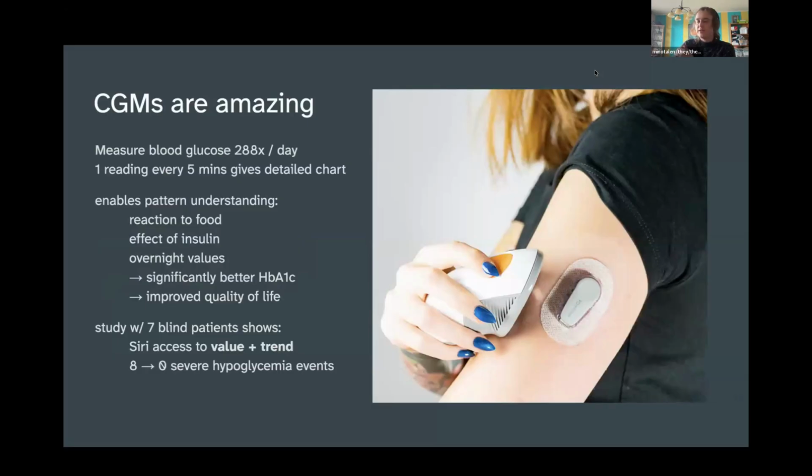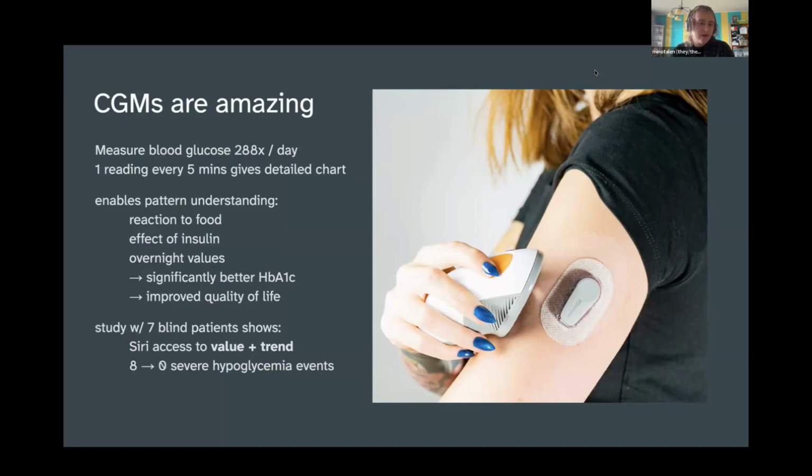So you have a sticker, you attach it to your body. It has a sensor under the skin, and that measures glucose in the interstitial fluid and sends the data to your phone. You get one reading every 5 minutes, and it's much more comfortable and convenient than pricking your finger whenever you need to. And also the data is just complete. You can see everything that has happened every 5 minutes and not just one event,